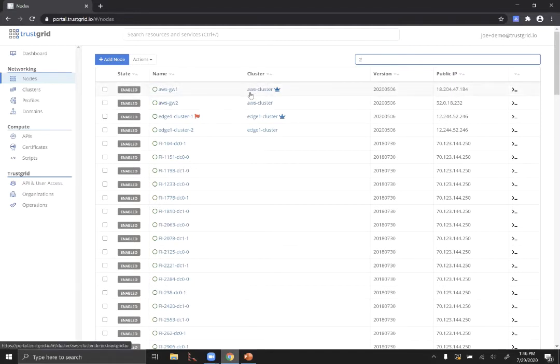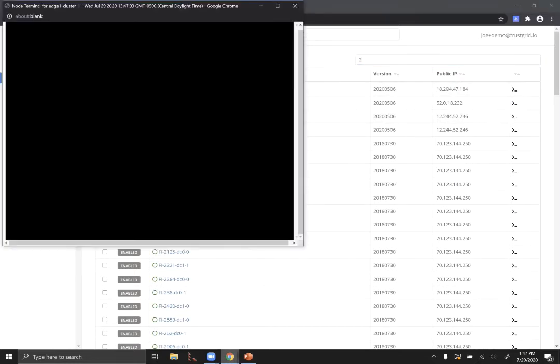Trustgrid supports an active standby model where one device passes traffic and fails over to the second. The device currently passing traffic is indicated with this icon. The version of the software run currently on these nodes is indicated here easily, and the public IP address it's reporting. And then for our power users, Trustgrid supports easy SSH tunneling through the control plane to the individual devices